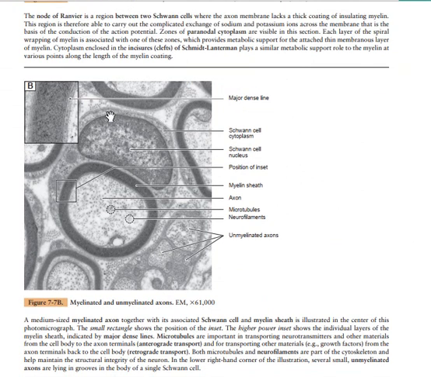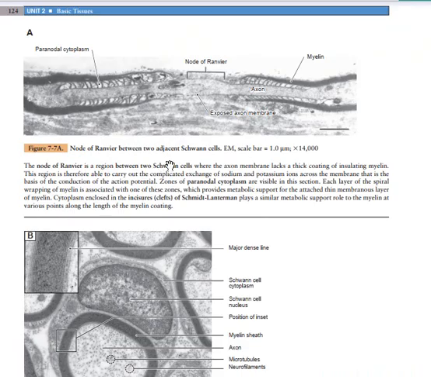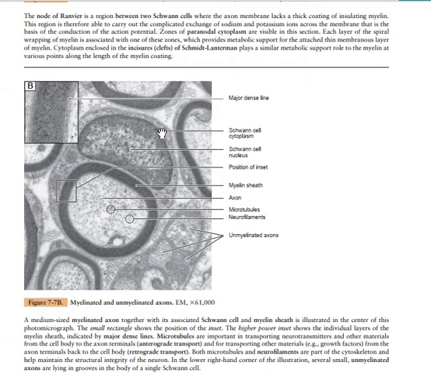Now the next one we have here, this is the major dense line. So this is a myelinated neuron. This one has been taken on transverse section, this one was longitudinal section. This is a myelinated neuron. Why? Because you can visualize the nucleus of the Schwann cell, and then here we have the myelin sheath that can be seen here. This is the axon in the inside part here. There are multiple microtubules, as you can see, and these are the circular processes of the cytoplasm of the Schwann